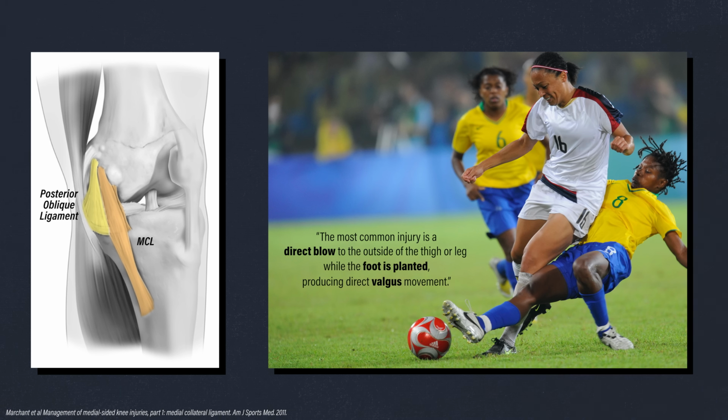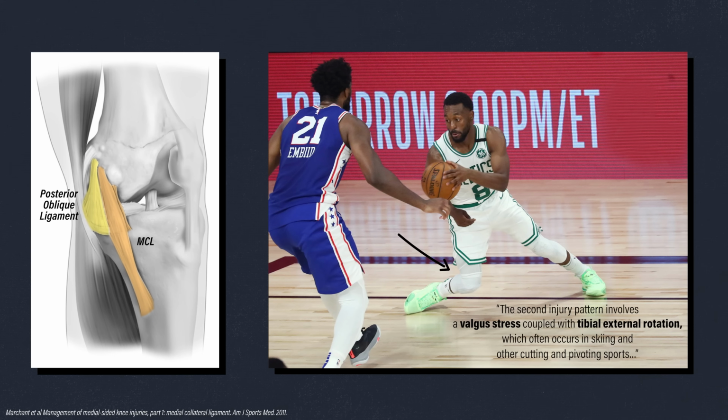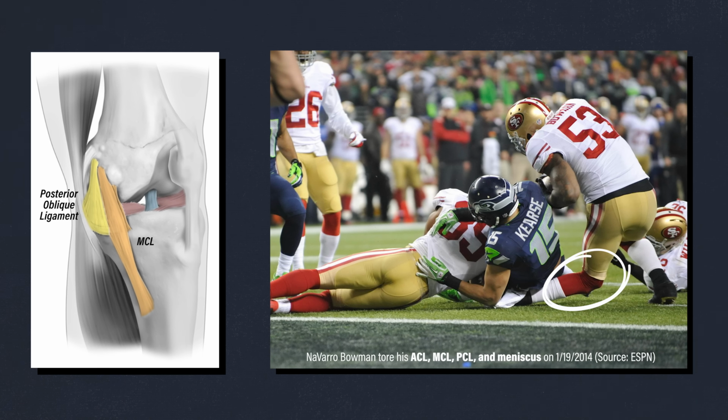The most common mechanism of injury is a direct blow to the outside of the thigh or leg while the foot is planted, producing a valgus movement. An injury can also occur when a valgus stress is coupled with tibial external rotation, such as during skiing or sports involving cutting and pivoting. In severe cases, other knee structures can be injured as well, including the medial meniscus, lateral meniscus, PCL, and most